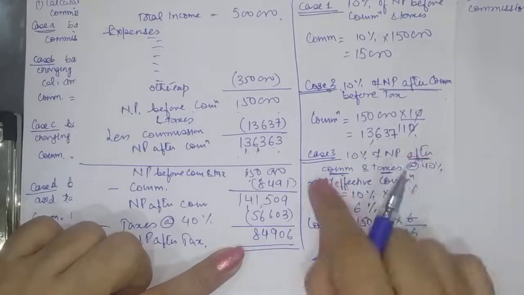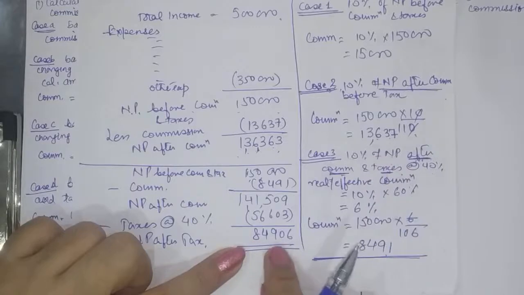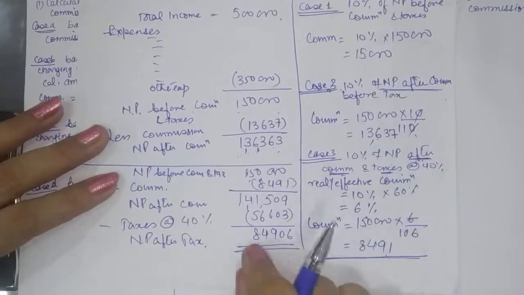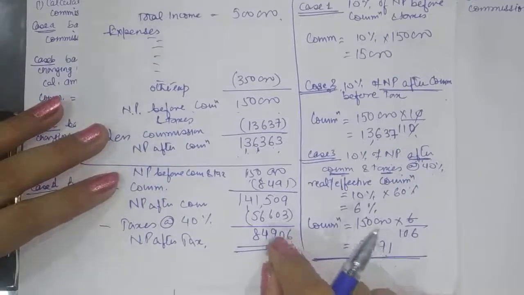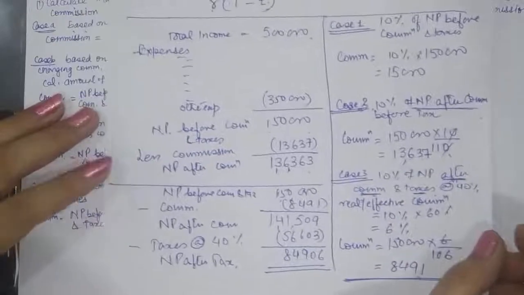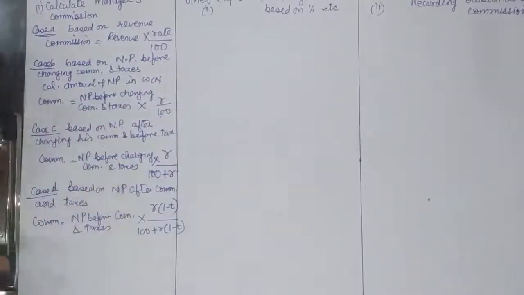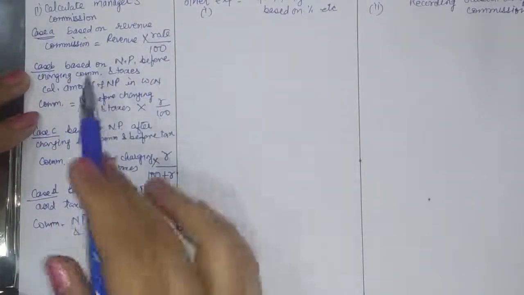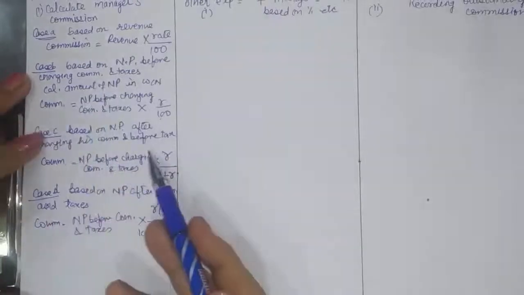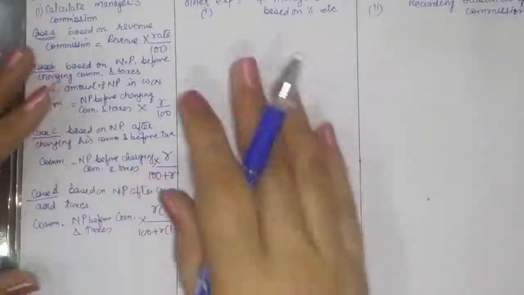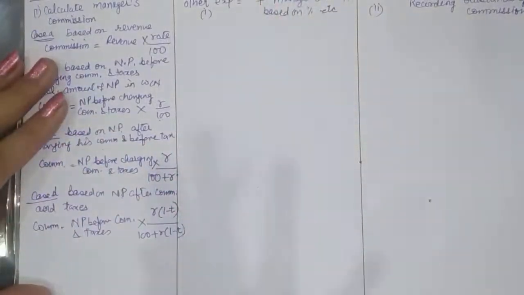and you can verify your 10% rate of this is this. 10% of net profit after commission and taxes is 84,906 into 10%. So rounded off to 1 rupee, 8,491 will be your commission which you have calculated. So we'll calculate the commission according to the method given. So based on revenue, it is a direct calculation, but based on profit, we will have to see whether it is profit before commission, or profit after commission and taxes. So accordingly, we will calculate the amount, and the same will appear in the statement of profit and loss.